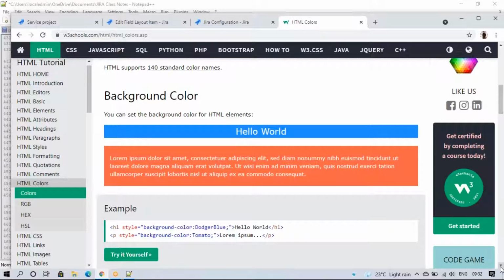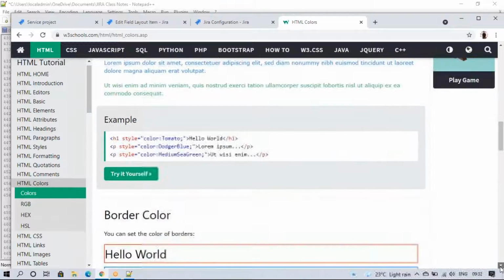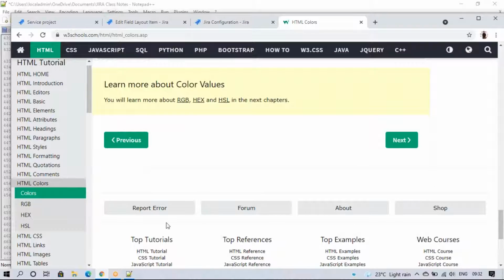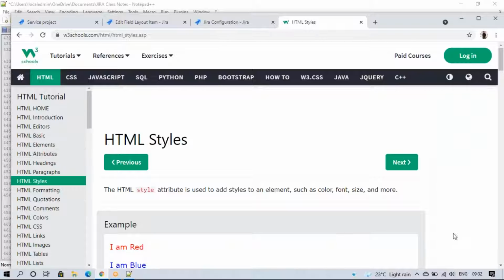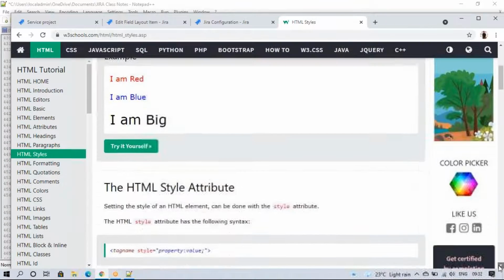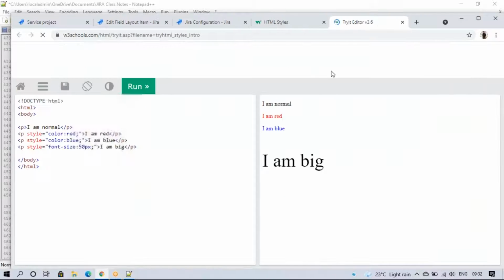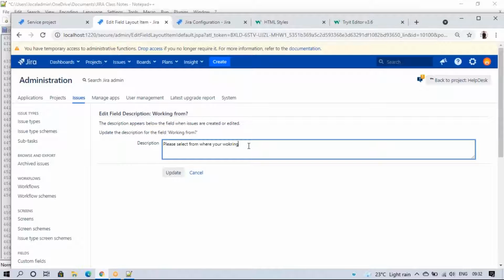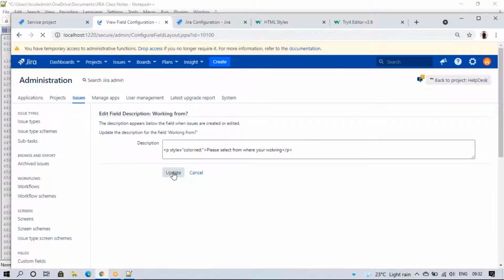We'll see how it works in the backend. I'll select this here. Update.